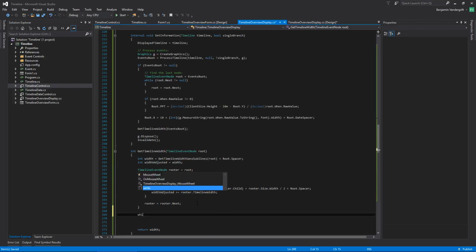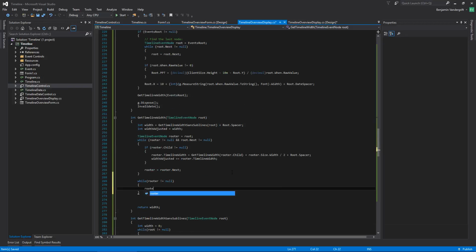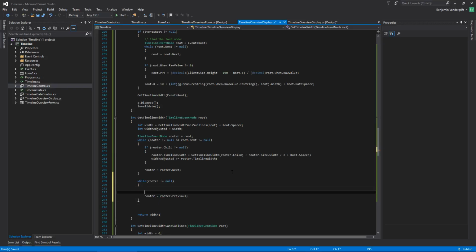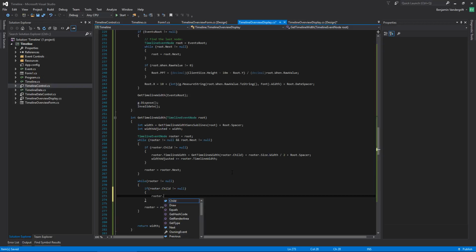Okay. So while router is not equal null, this one can just end. Router equals router dot previous. So what I'm doing here is I'm going backwards, right? This will go up the thing. So if router dot child does not equal null, then router dot,